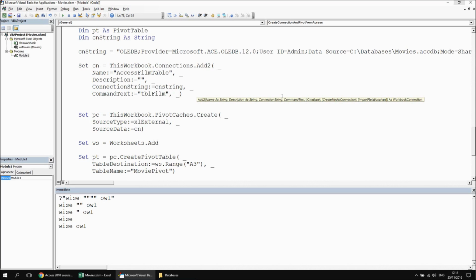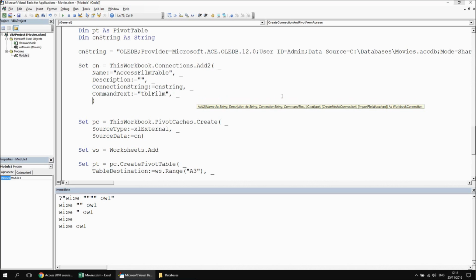Then one more that we can do here as well, we can specify the command type. This is going to become a little bit more important later on in the video, but for now I'm just going to specify, slightly weirdly, the name of the parameter is LCommandType, and I can't help but feel that's a typo with whoever developed this particular method. LCMDType is the name of the parameter. I think that should have been XLCommandType, but anyway,